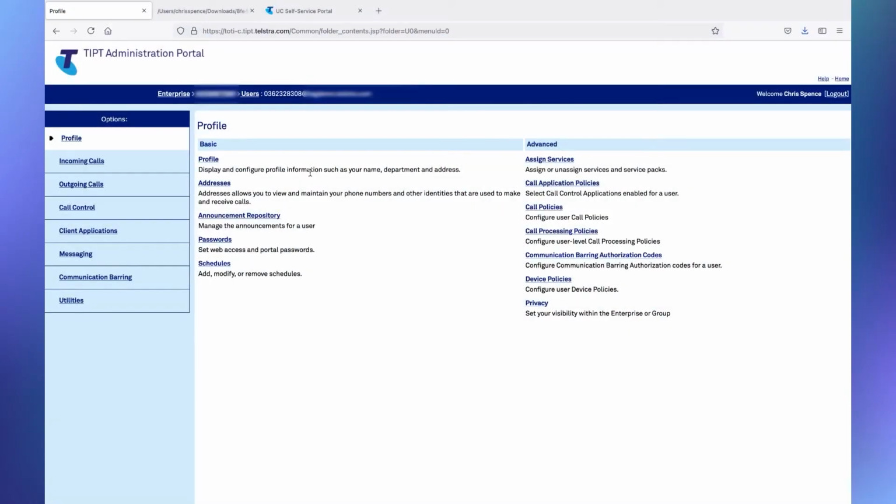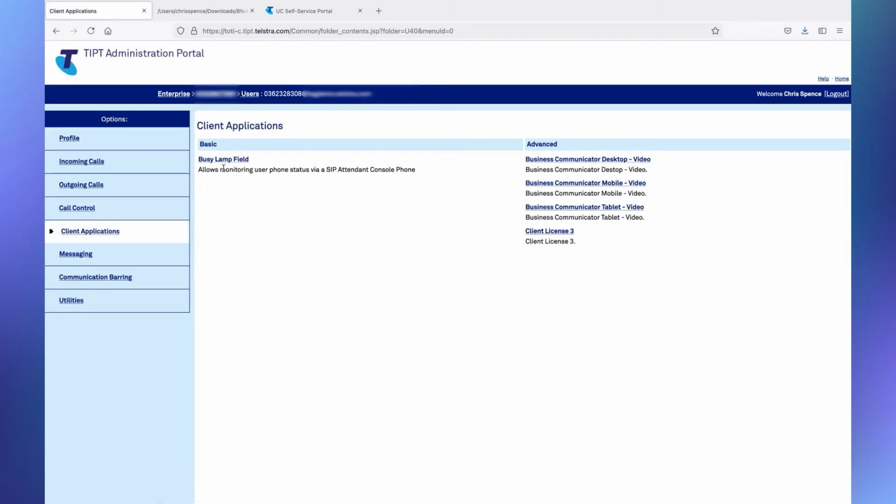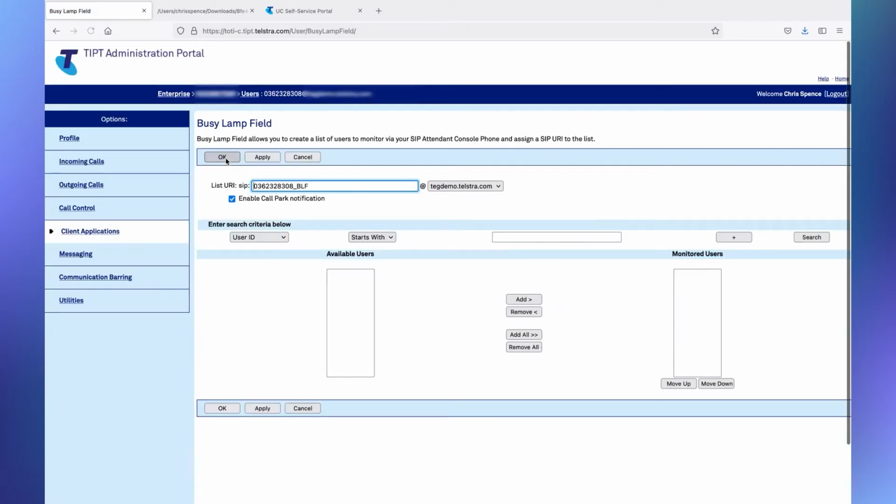All right, so we've gone into the Tippett administration portal, and in order to expedite things, we've already selected the user, which in this case is the 8865 Cisco handset. So we go down, rather than going in the addresses menu option, which is the one that we would use for custom tags, we go to client applications, and you can see here's Busy Lamp Field right here. Now, we click on Busy Lamp Field, it'll show us the handset we are manipulating. If we look down below, at the moment we don't have any monitored users listed. So that's telling us straight away that you don't have any BLFs on that phone right now.